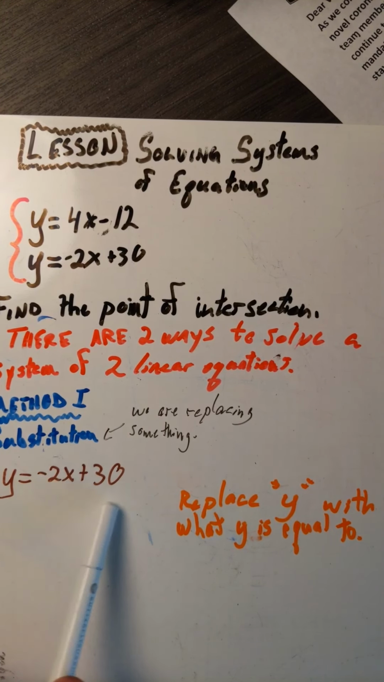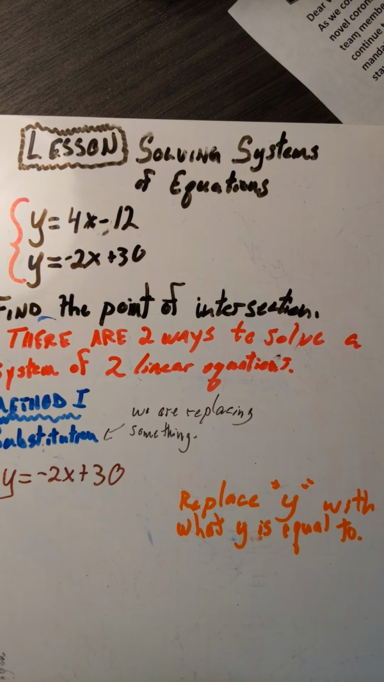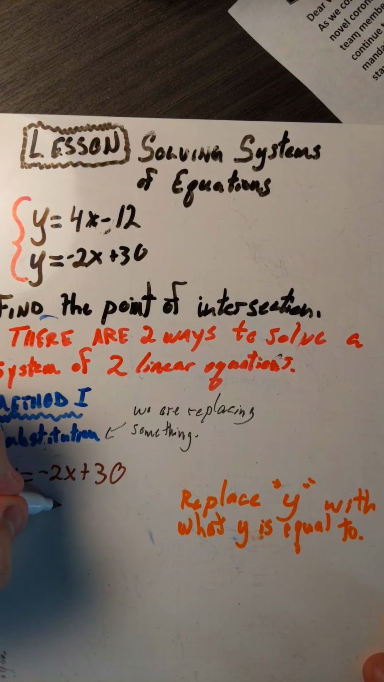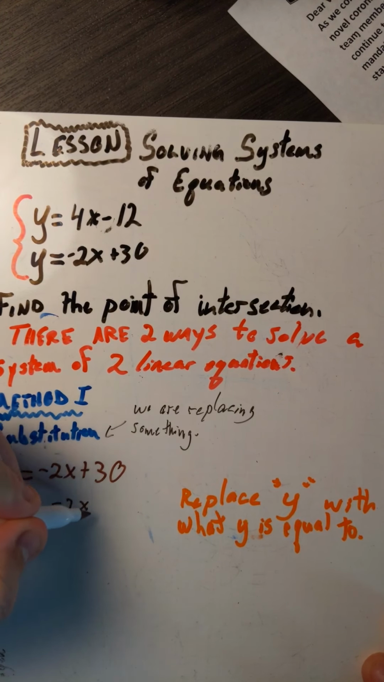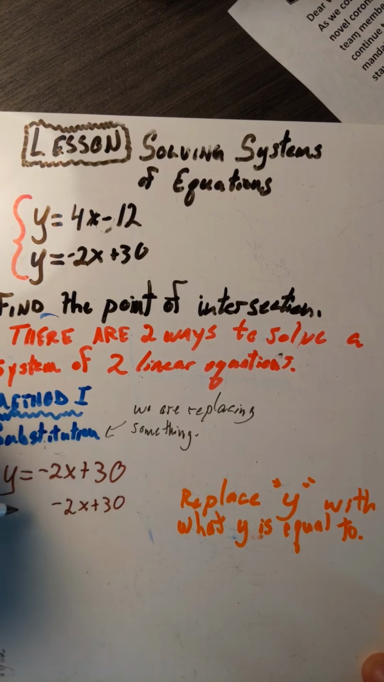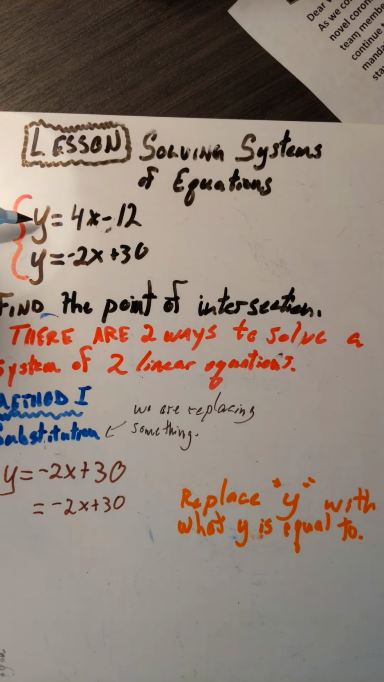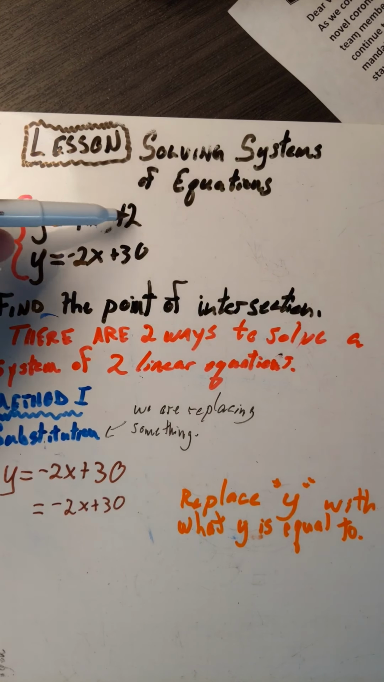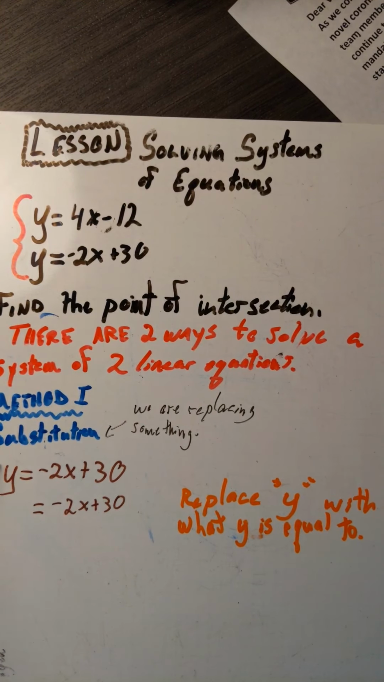Nothing's going to change on the right-hand side. So that's going to stay exactly what it was. So that side is still going to be negative 2x plus 30. Nothing happened there. But I'm going to replace this y value with what this first equation tells me y is equal to. It says y is equivalent to 4x minus 12. So where there used to be a y here, I'm now going to write